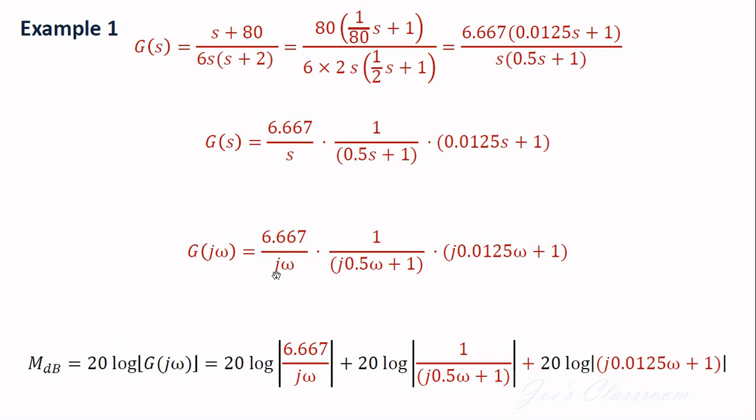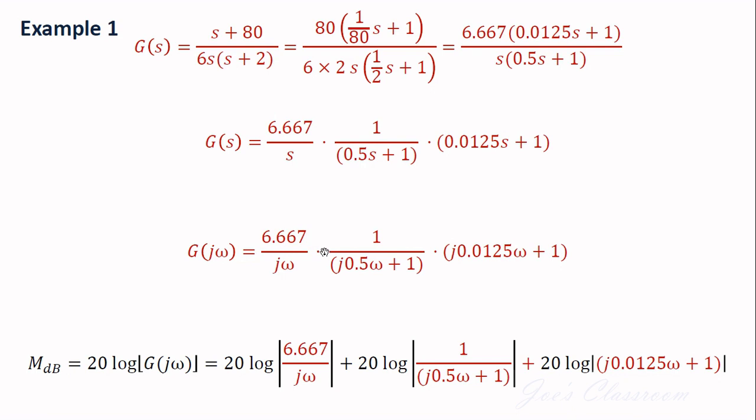Since I'm going to take the logarithm of the magnitude of all these terms, these multiplications are going to become additions. So the magnitude of G of j omega in decibels is given by 20 log of the magnitude of this